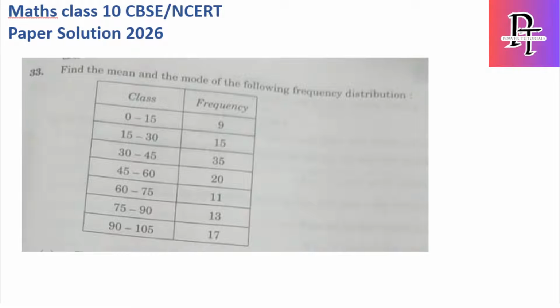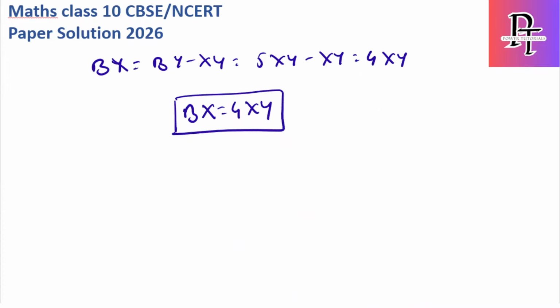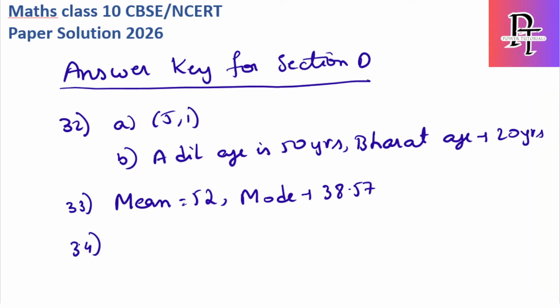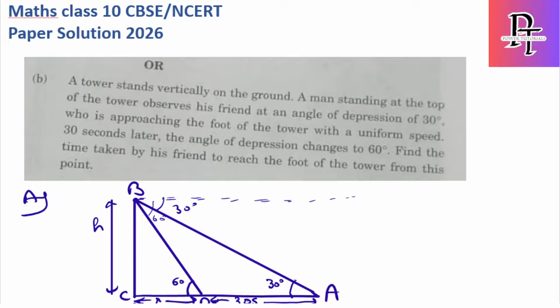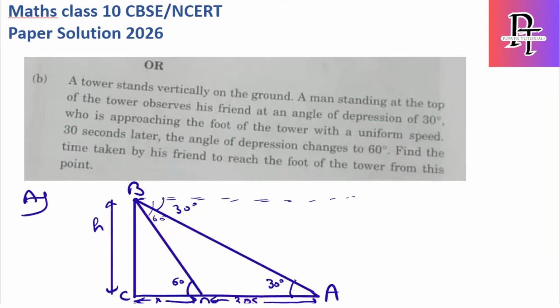33, मीन 52 और मोड 38.57। ओके, 34th क्वेश्चन, ये ए और बी हैं, ए 36 और 20.76। हाइट इज इक्वल टू, नॉट हाइट, डिस्टेंस 36 meters, height 20.76।